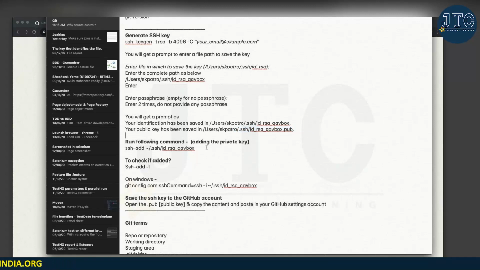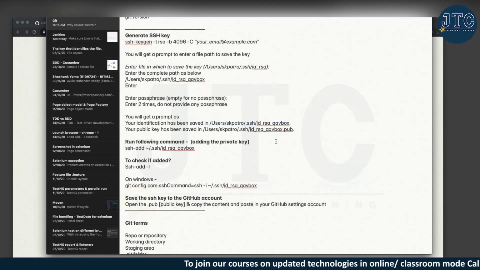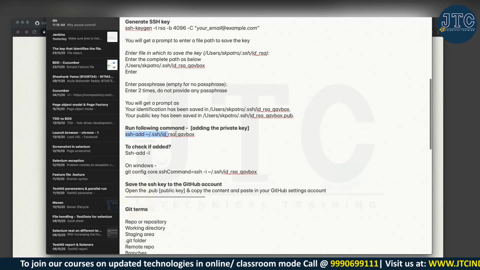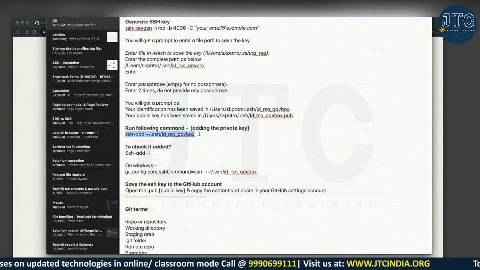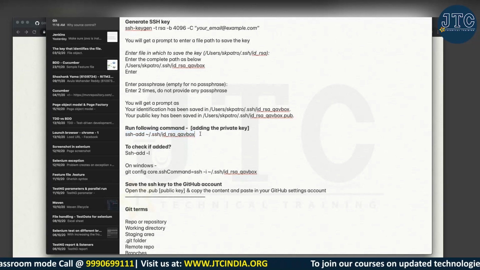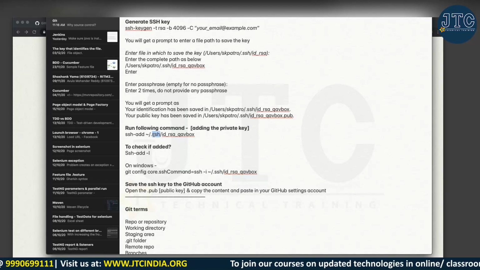I have always seen this instance where sometimes we are not getting this folder properly. So I did some googling, and I found that you have to run this command. If you're not getting this prompt, it's better to use this one as well. It will make sure that this particular file is present under ssh or not.